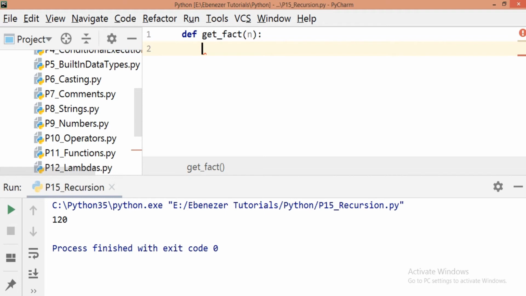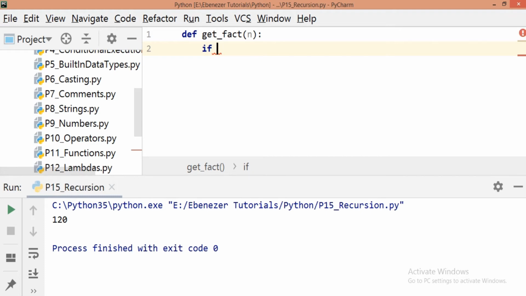So what is our main aim? We want to complete the task by calling the same function again and again. So in recursion there is always one thing which is a base case. That means because a function is calling itself again and again, it should not go on infinitely, it must terminate somewhere. So that terminating condition must be mentioned in any recursive function. Now what is our base case in this?